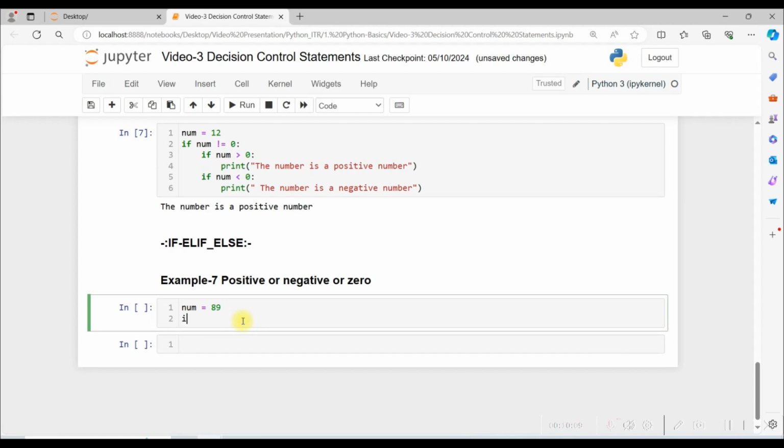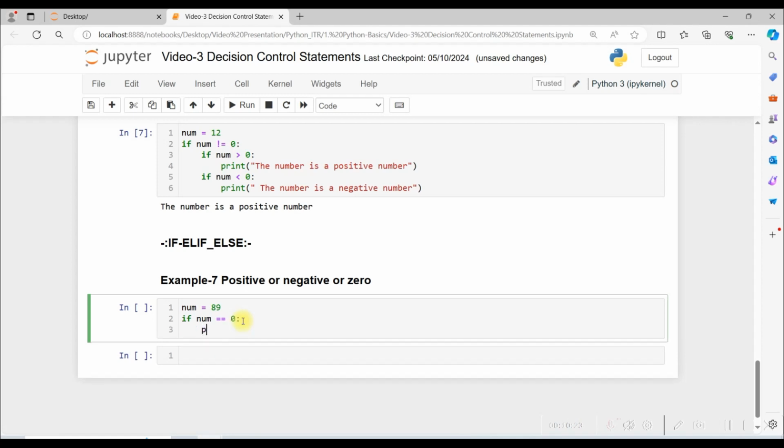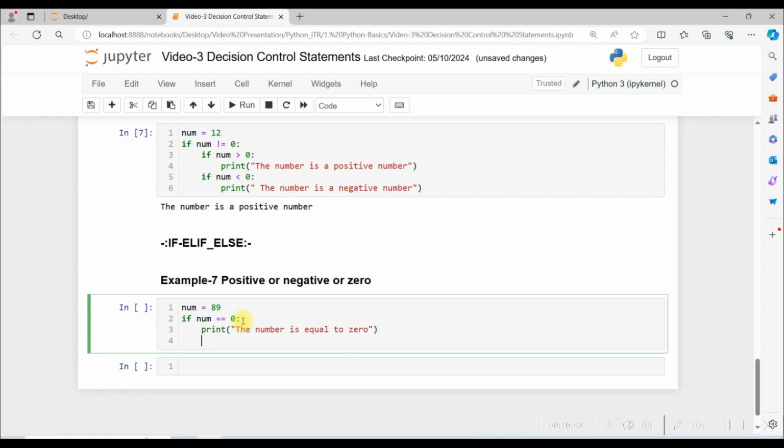Then we will take an if statement: if num is equal to 0, then print the number is equal to 0,